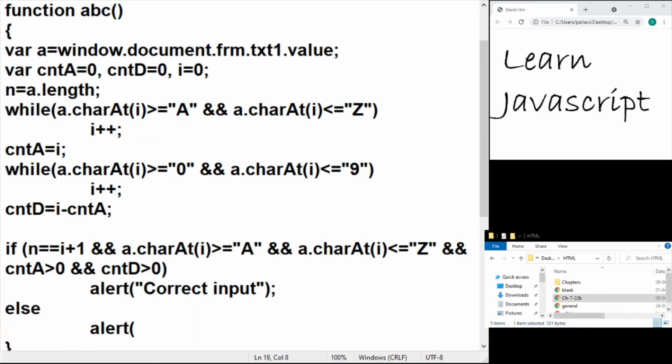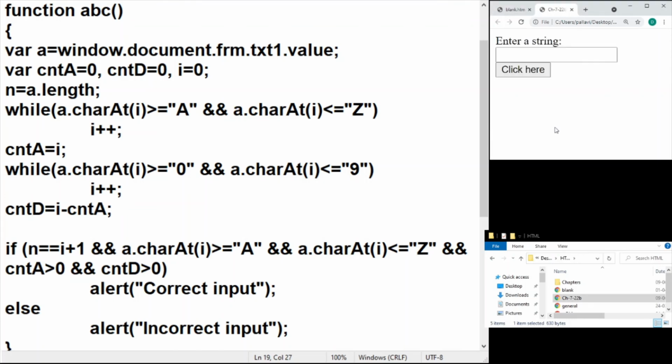You can go ahead and make a dry run of this whole thing. Take a sample string, work through each of the loops, and keep a marker on your string, and you can find out what will be the positions of I and counter A and counter D, right? And the value of N. So these variables can be tracked manually. That is the dry run. So let us go ahead and try this out.